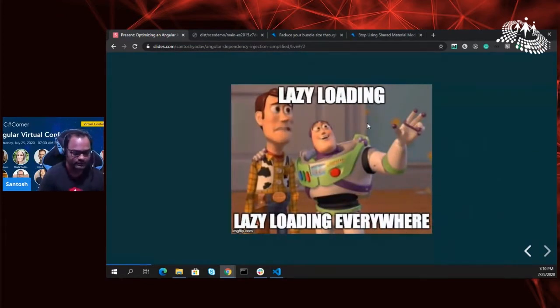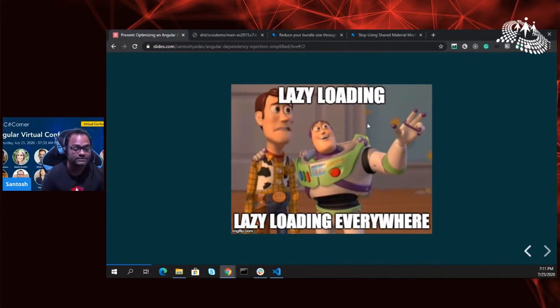So first, and the simplest thing to do, is lazy loading. In case you have a large application, of course you should be dividing it into different bundles or different modules. That's what we do, right? Whenever we create an application, we think about it not as a big application, but as smaller parts or smaller features. For example, if I have something related to employee, I will create an employee module. If I have a feature related to products, I will create a products module. That's what we do. But are we doing lazy loading?